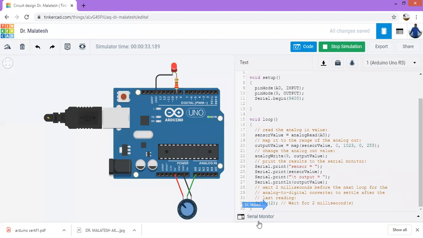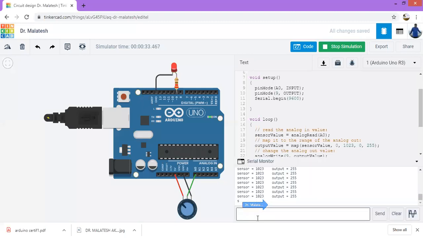You can observe now just below here, if you click on this, you'll be able to see the serial monitor. So you're going to see the actual value is what? 1023. As I said, the actual value will be from 0 to 1023, but we have changed it to from 0 to 255.